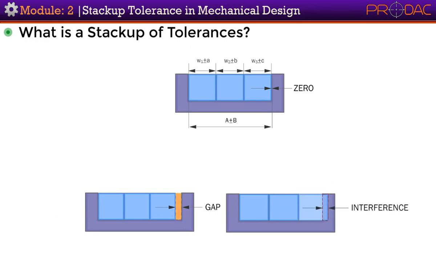And this problem happens due to accumulation or stack-up of individual part tolerances on the dimensions. In this example, tolerances associated with the width of each block are causing this issue. We know that tolerances cannot be eliminated as they are required for manufacturing. However, they can be optimized by doing a stack-up study if we know our design requirement. That means we have to know whether we need interference or clearance in the design and its value.